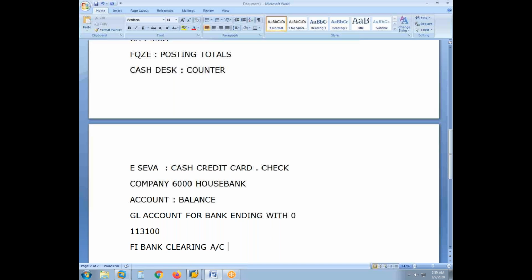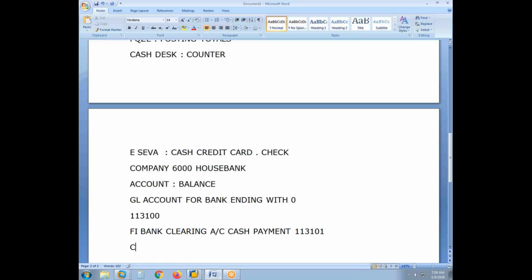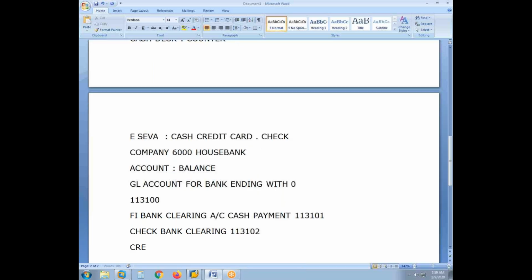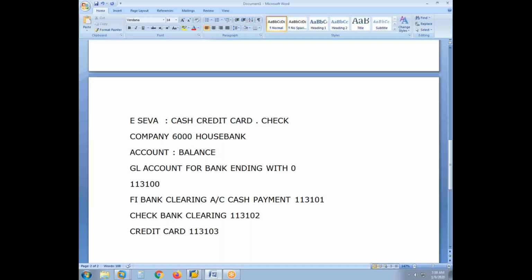So we can create a bank clearing account for cash payment. Usually you can have them ending with 1, 2, 3, 4 like that. So 113101, check bank clearing account. 113102, and then credit card, 113103. So like this they will maintain various GL accounts, because what happens is whenever you do any transaction, immediately